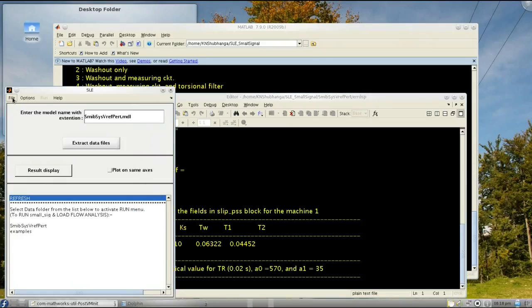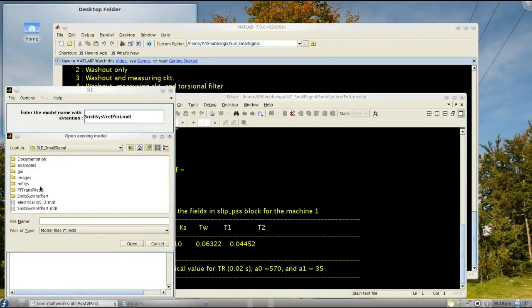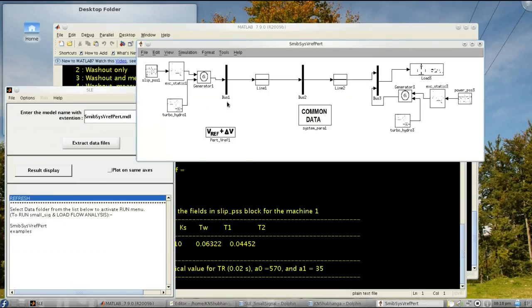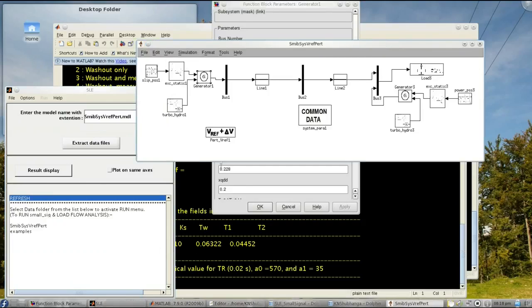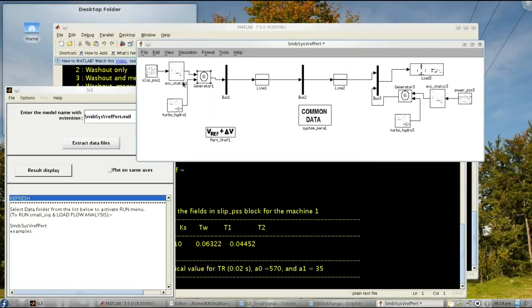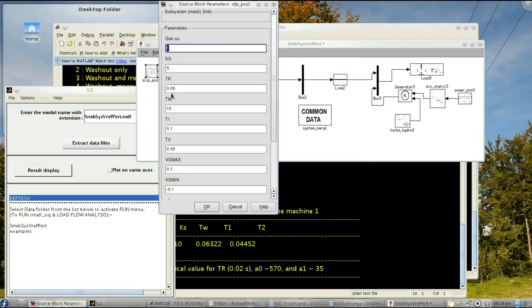For that, we'll open the model. First, enabling the PSS, and then setting appropriate design parameters as we have designed, which is listed in the editor.